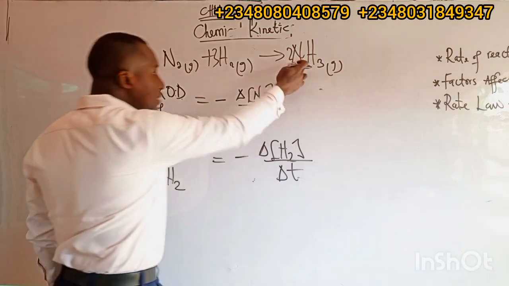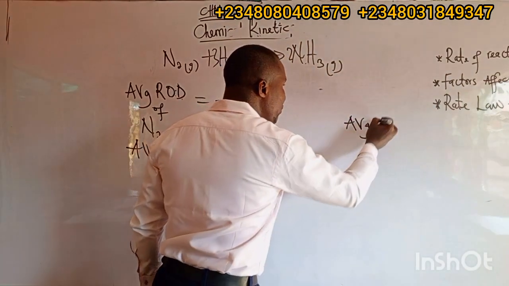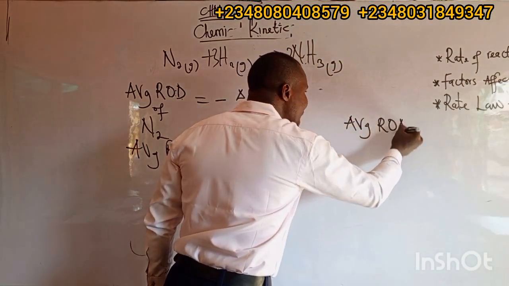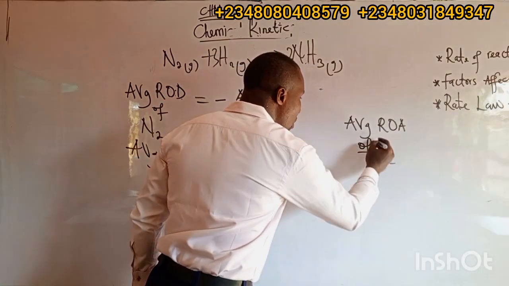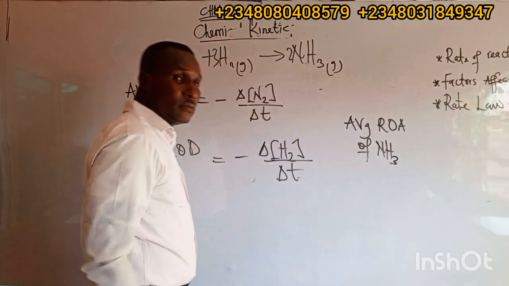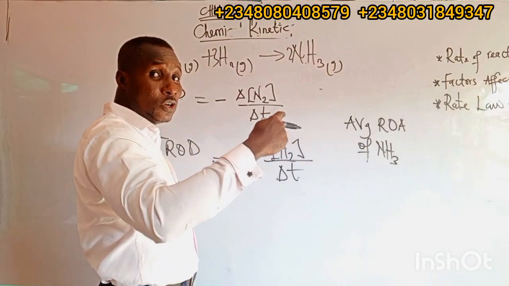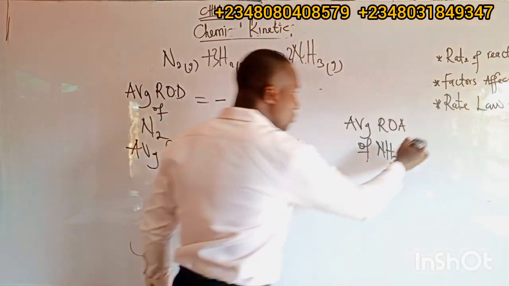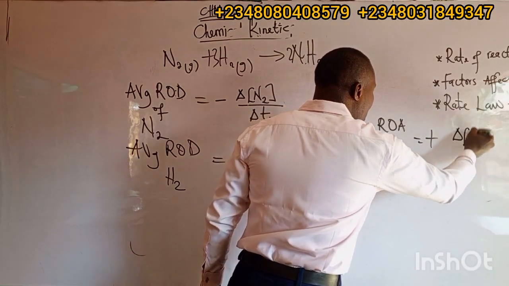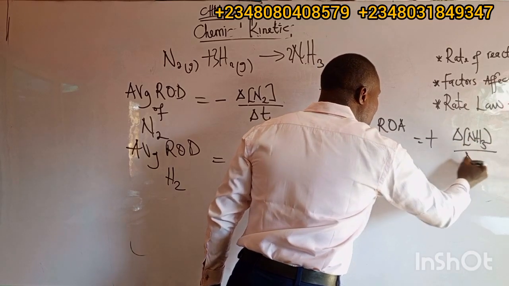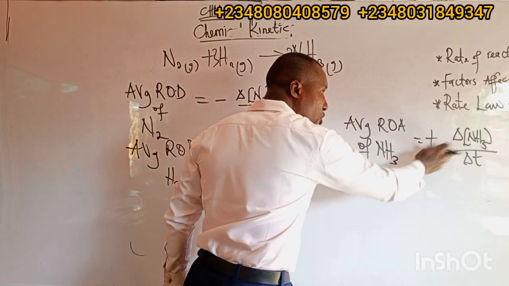Take note. Then let us look at the product. The product is appearing. That would be the average rate of appearance of ammonia gas, because it is being formed. It's increasing in concentration. And the product appears, so it will be plus change in concentration of ammonia with respect to time. What is the stoichiometric coefficient? 2. Don't divide the concentration by 2